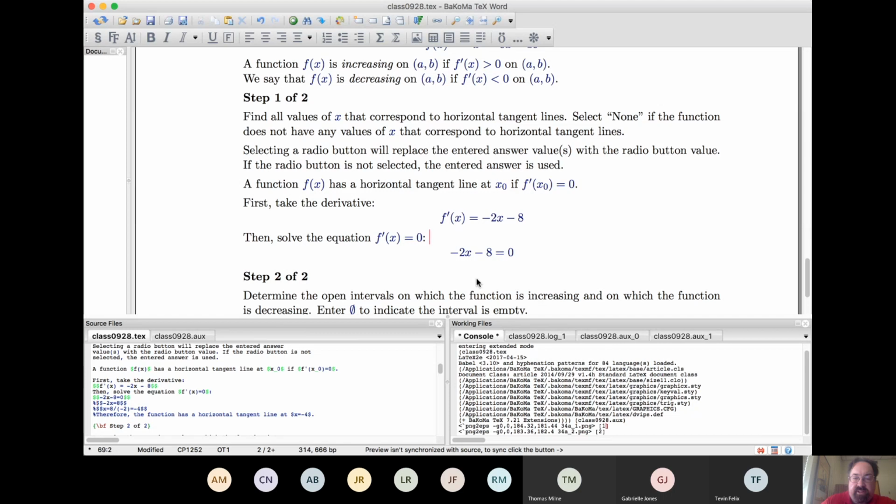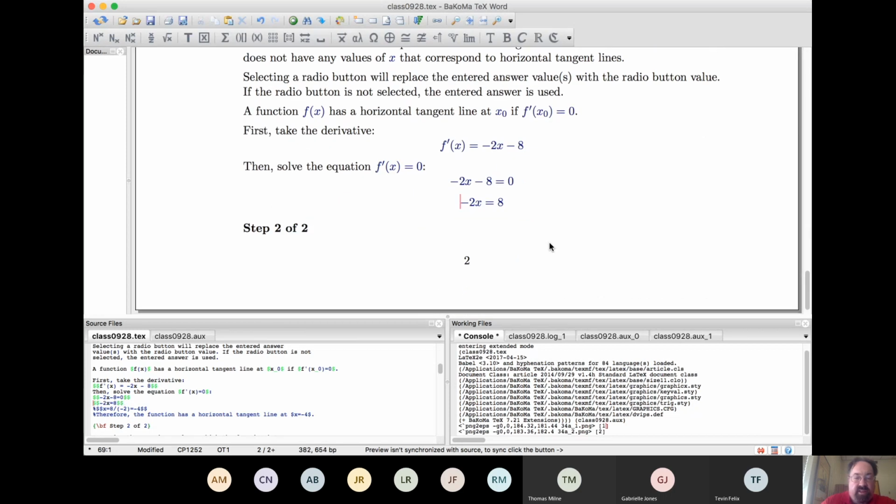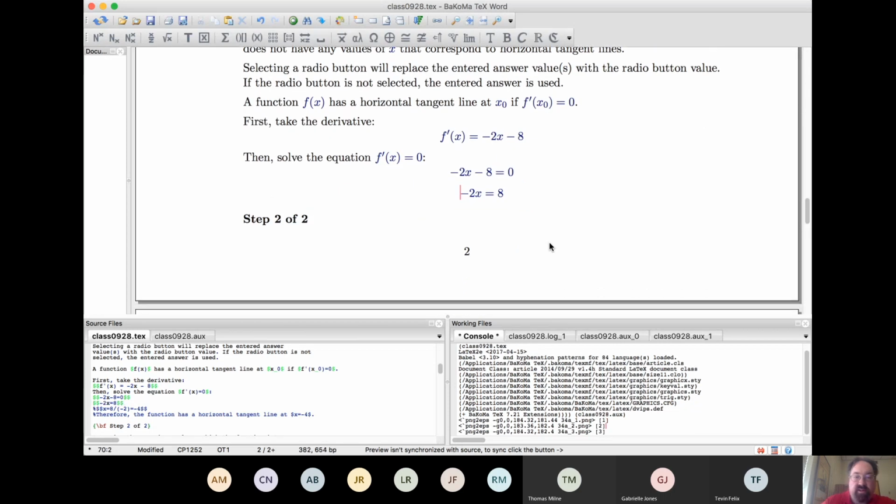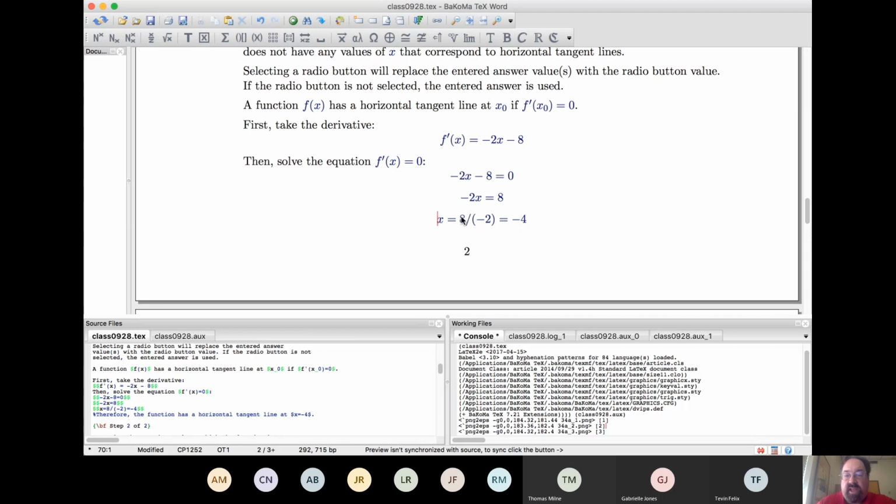We'll just go through the algebra here. So x turns out to be minus 4, and that is the only place where the derivative is equal to 0. So there's only a horizontal tangent line